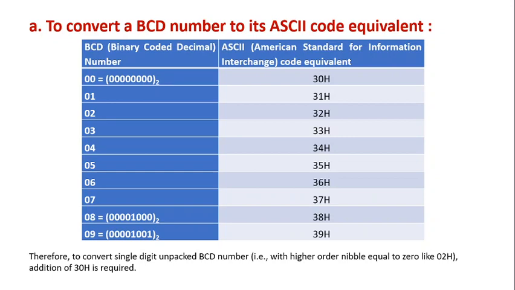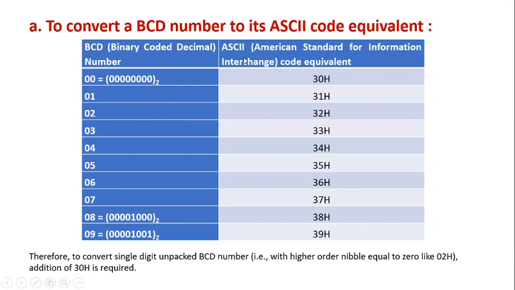Now BCD is binary coded decimal. In this we can use 0 to 9 digits, and each BCD digit is equal to a pair of 4 binary bits. For example, 0000 BCD we can represent as 0. These four bits represent this 0, and these 4 bits this one. So in this way we can represent binary coded decimal.